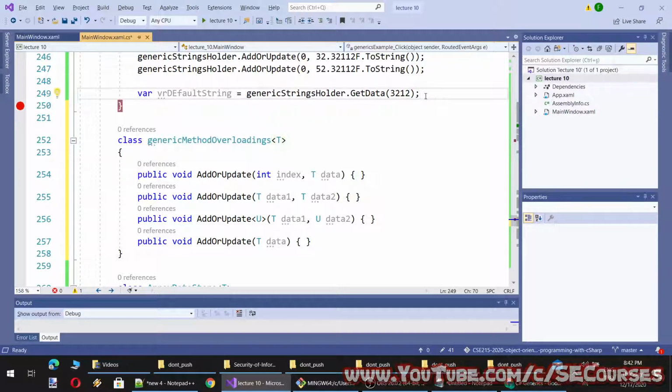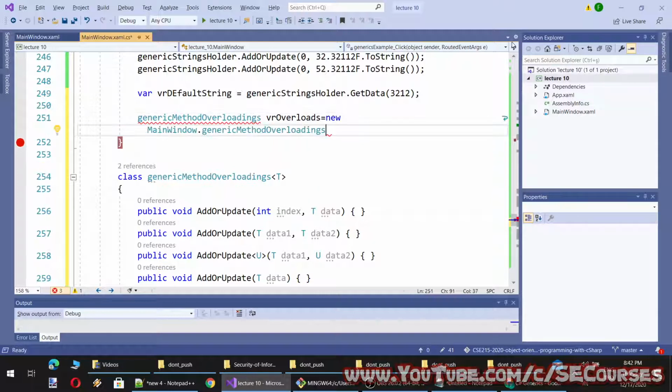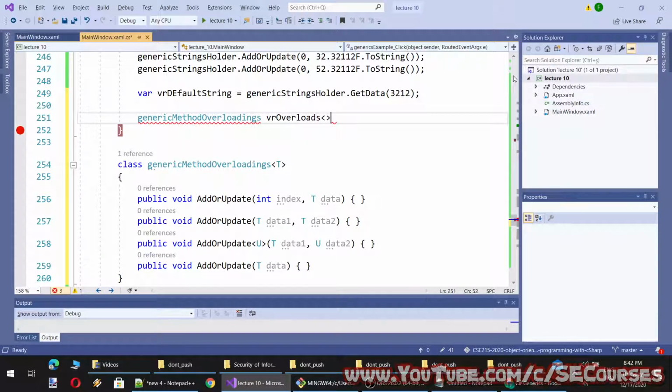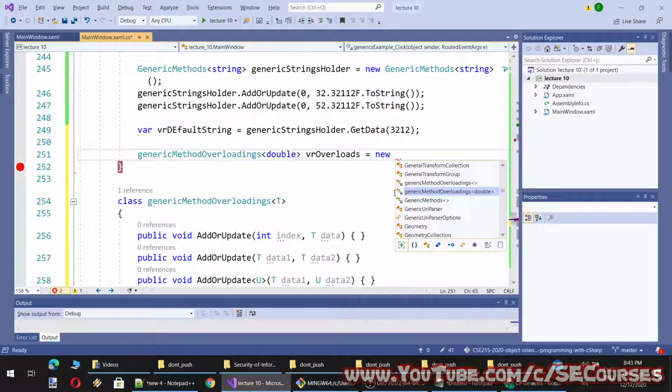So let's compose an instance of this class. Okay, and I will define a type as double. I think I have to provide it here. New.